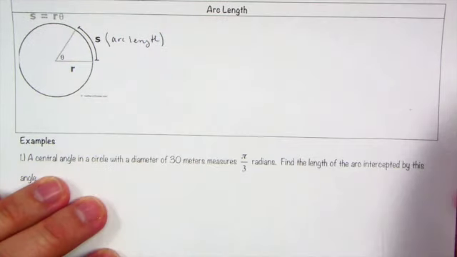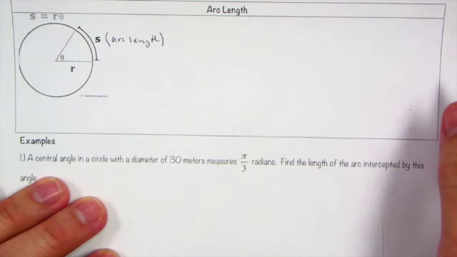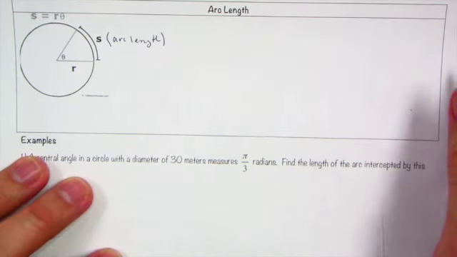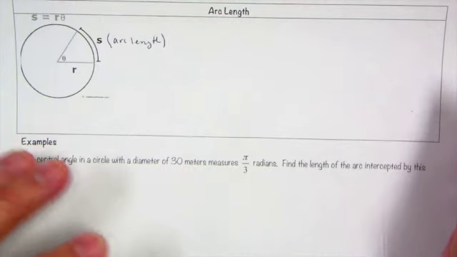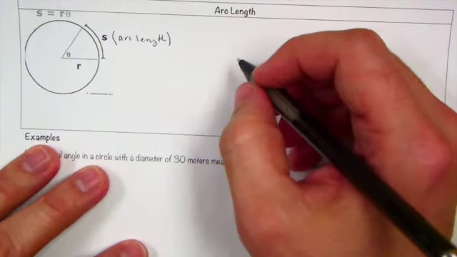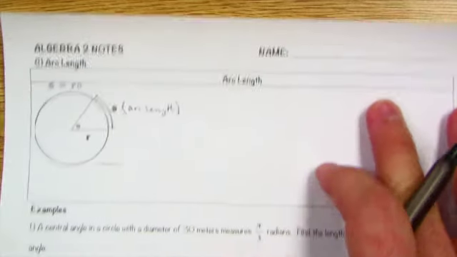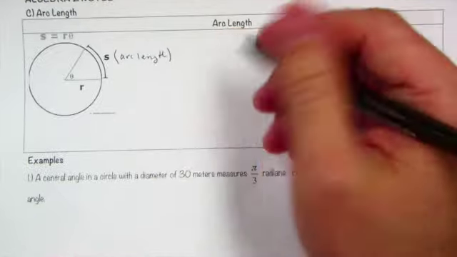In case you were wondering, it's not really explicit what that is. S means arc length. Your degree is going to be in radians, and this is where it's different than when you were in geometry. So let me move this up a little bit so I can have room. So arc length